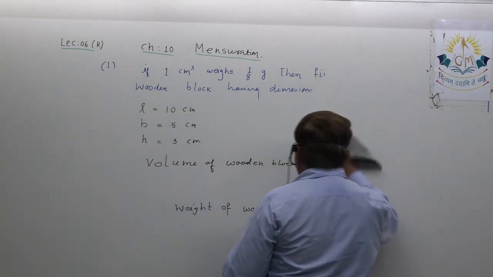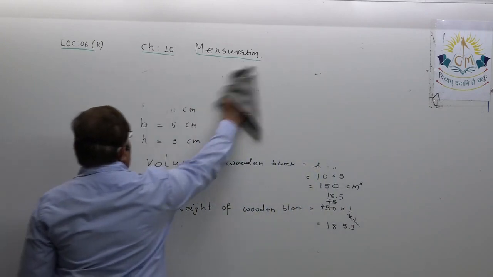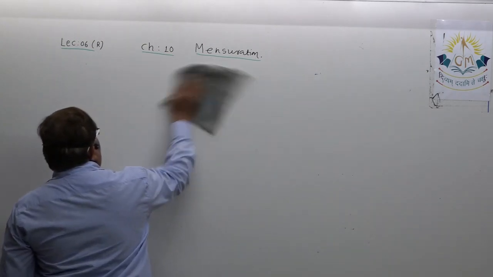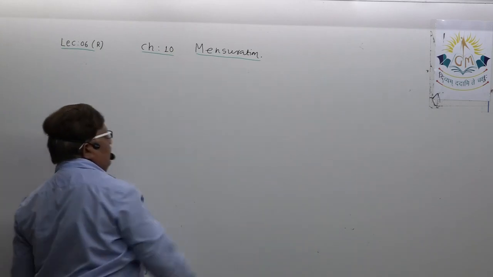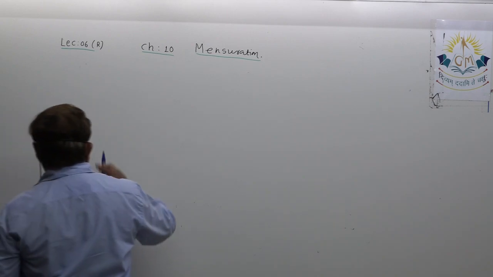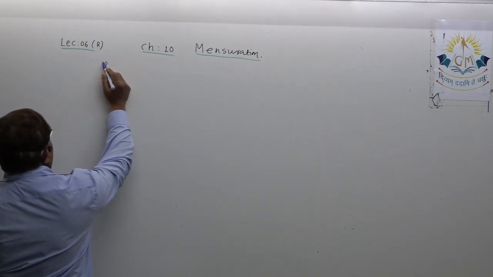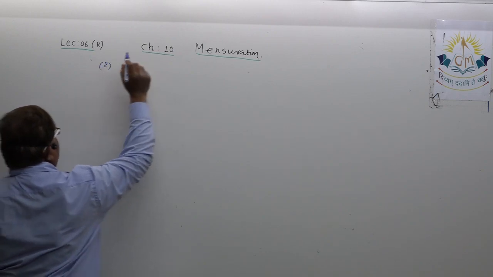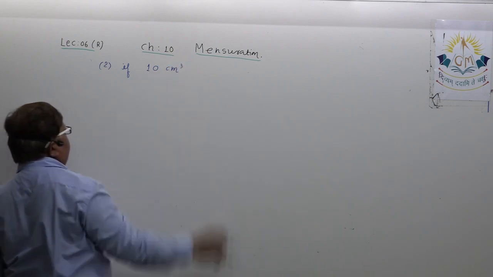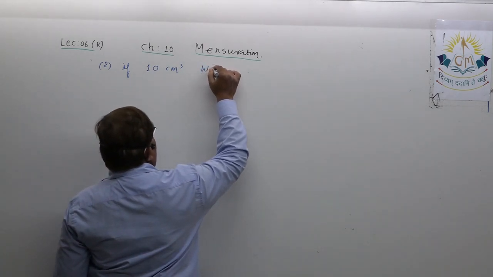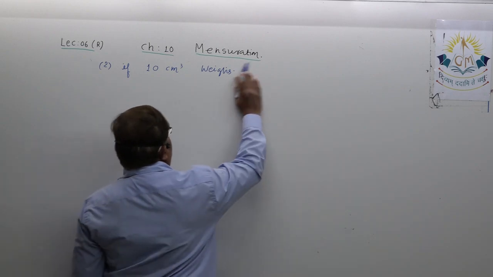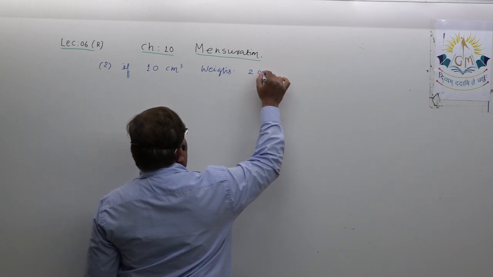Let us write another example which you will just do as a self study. Let me write the sum. This is the example. If 10 cubic centimeter weighs 200 gram,